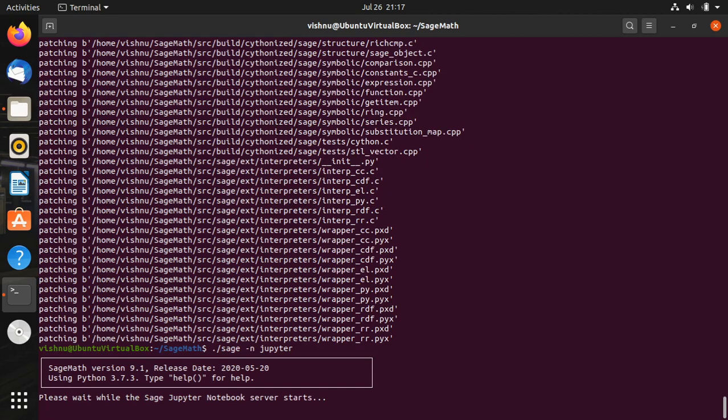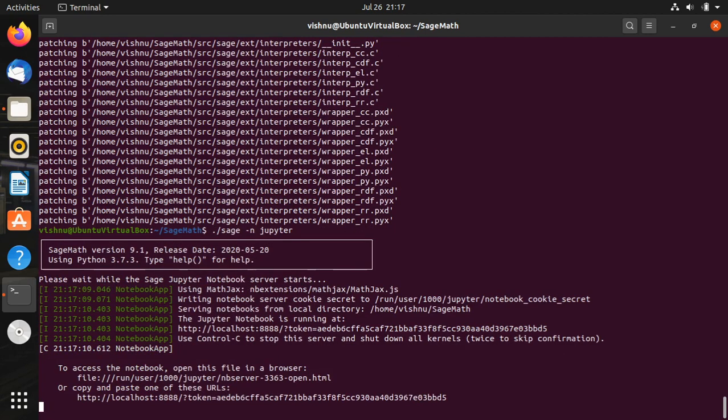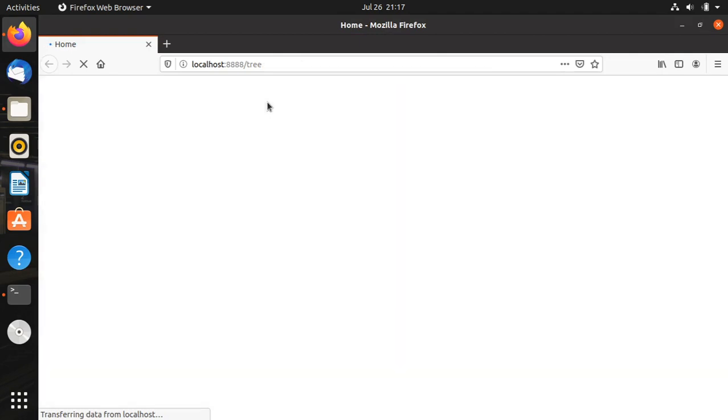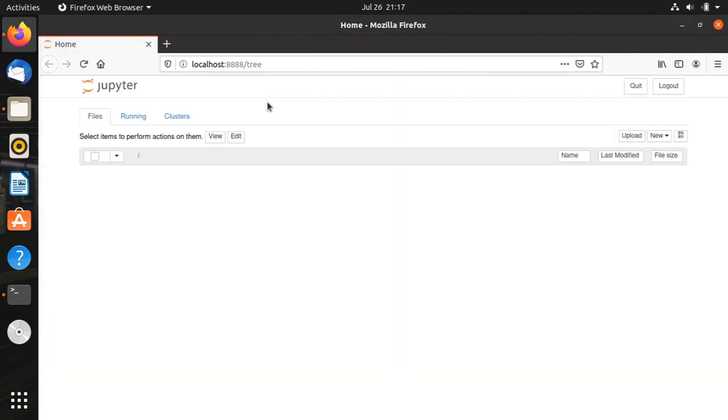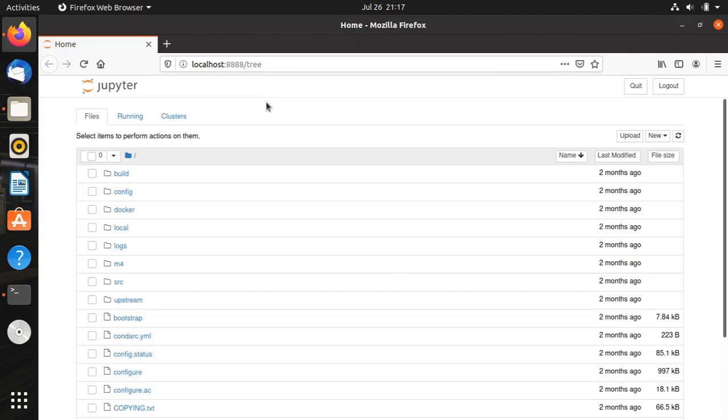Now the Sage Jupyter Notebook server starts. We may have to wait for a while. Yes, the Sage Notebook has now started.